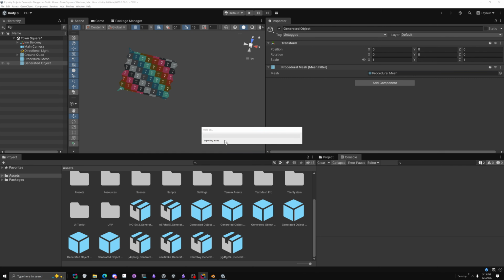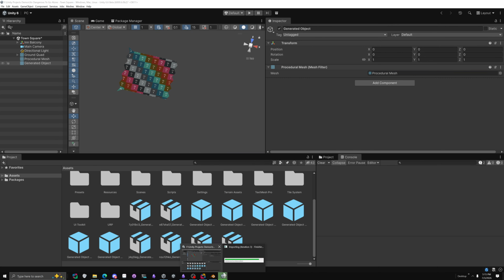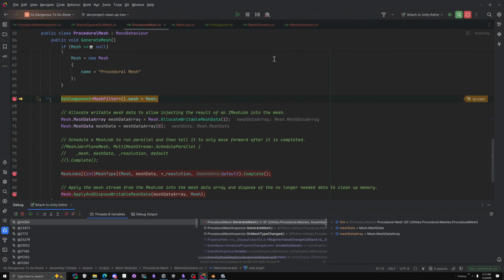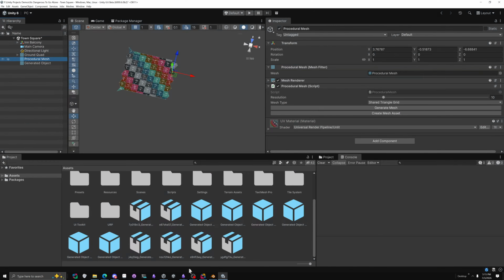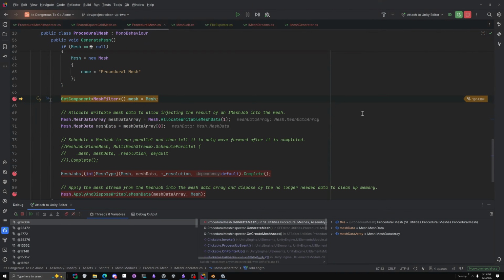I think most of my frustration is just the fact that Unity is throwing exceptions in the weirdest places with the IDE open. Oh yeah, blah blah. That happens. But if I actually create, okay, so let's see this. Mesh is not null. Big component. All right, so